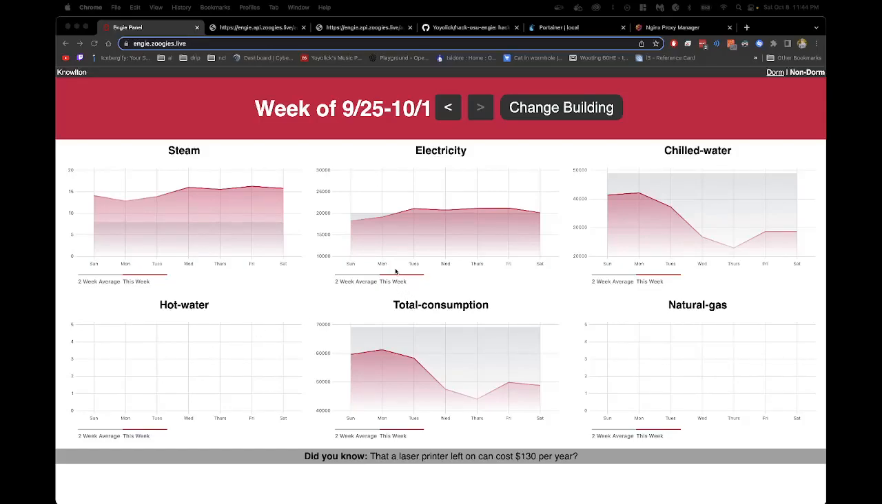Hi, I'm Ryan, and I'm going to be talking about my team's project, Engie Panel. At first glance, it's an OSU-themed dashboard which allows you to see energy consumption in multiple different fields